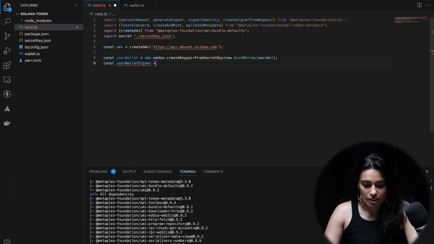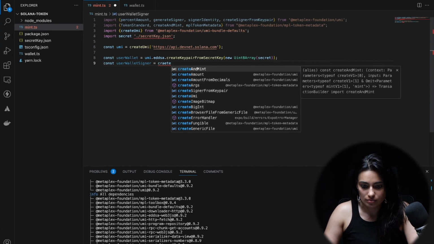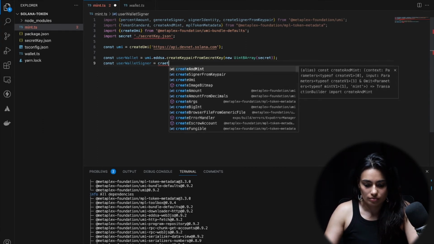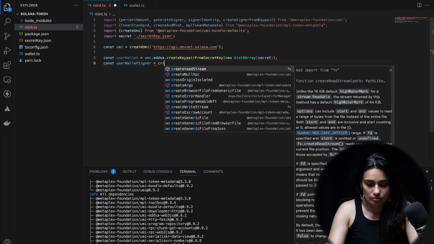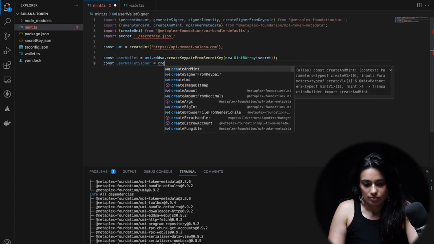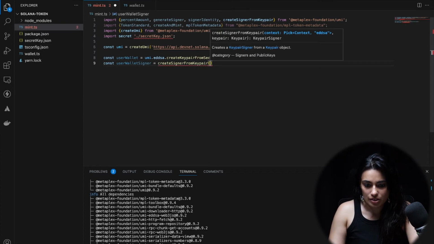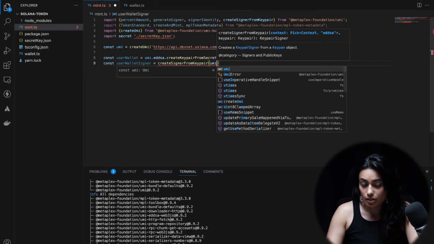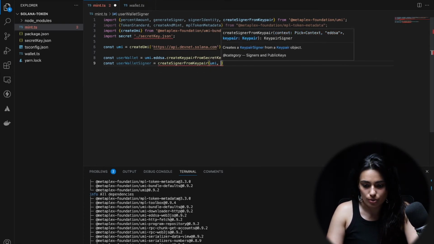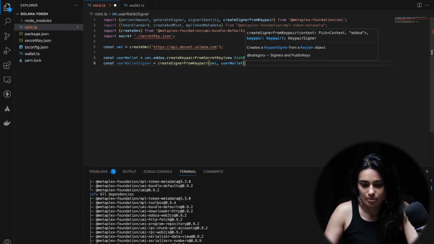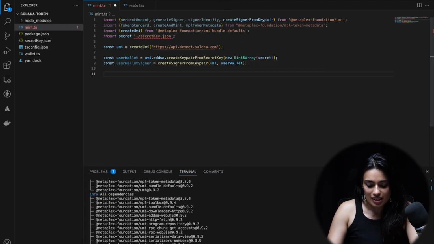Our user wallet is going to be the signer and pay for the transaction as well. Create signer. This needs two parameters. Where do you want to launch it? And who is going to pay for the gas fee? Perfect. Now the next thing is the